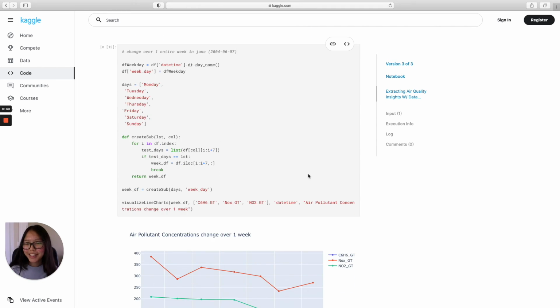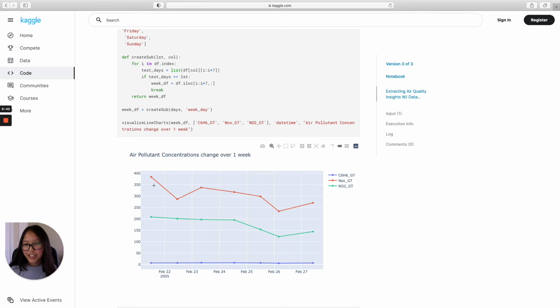So if we were to visualize an entire week, starting at Monday, that's when it sort of peaks, and then it goes down on Tuesday, and it goes back up, and it stays pretty consistent for the rest of the week until we hit Saturday. That's when it goes down, and it goes back up a bit, slightly, for Sunday. But we can sort of extrapolate here, and we can say that air pollutant concentrations drop when there is a weekend. Weekends are typically when people stay home, they're not using their vehicles as much as they would on a weekday. So that could explain the drop.